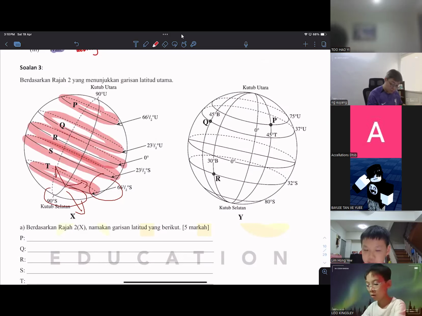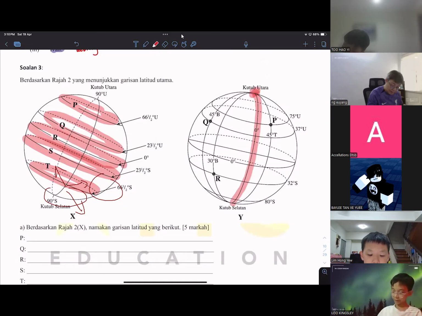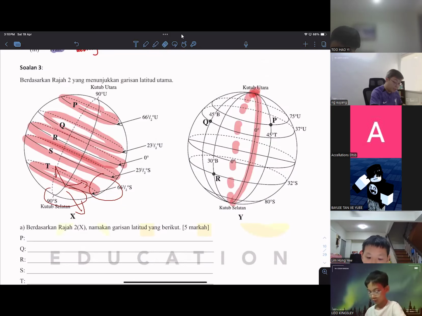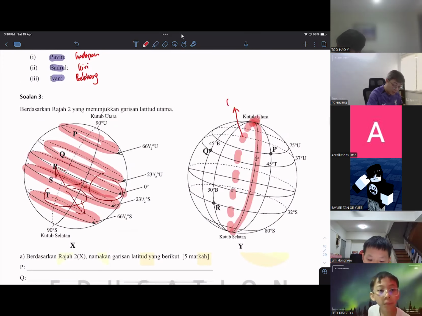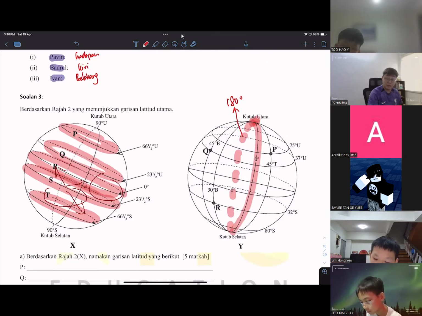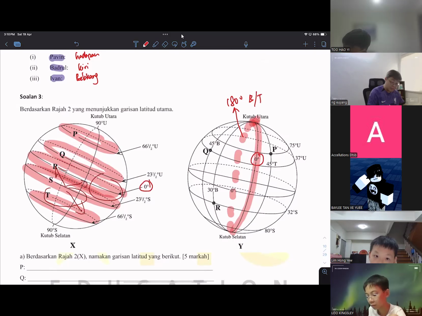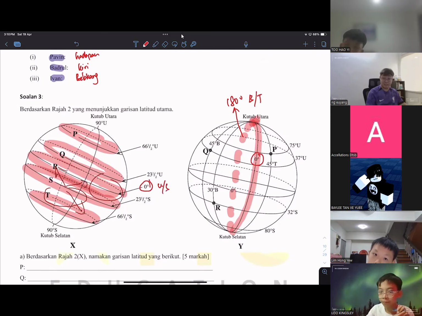So your longitude, Kutub Utara for the 0 degree, and then they didn't have the 180 degree. So remember 180 degree, let's say this is 180 degree, right? We have to insert the left and right, which is left is Barat, right is Timur. So for the kosong darjah, don't need to mention left or right, just like the equator, Khatulistiwa, we don't need to mention U or S.